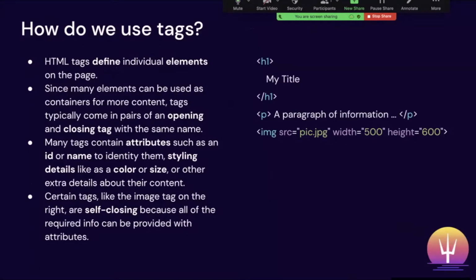The first option is in pairs of an opening and a closing tag, where the closing tag has an extra backslash, but they both contain the name of the element. And when we have these pairs of tags, we can put some kind of content within the tags. And this content can be a string, or